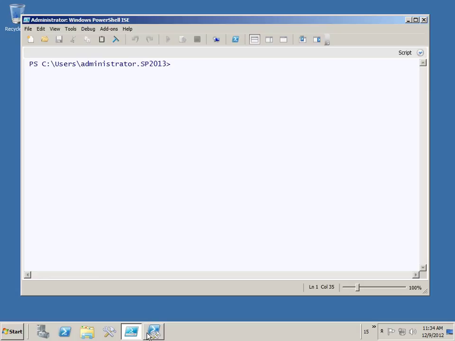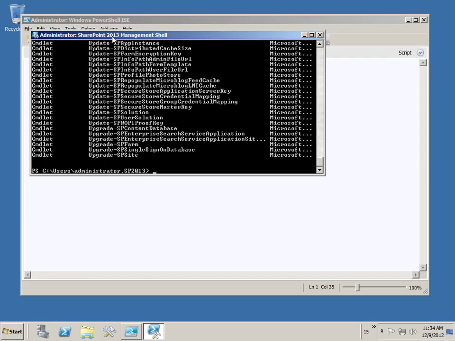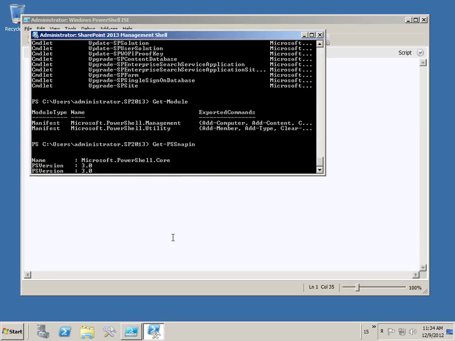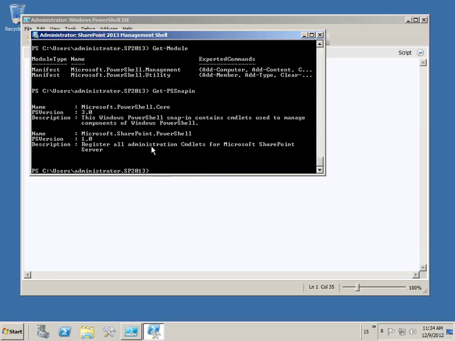So if I come over to my existing window here and I do a Get-Module command to see what I have loaded, I can see that I don't have anything here that says SharePoint on it, and the reason for that is because what I actually have is a snap-in. So this is Get-PSSnapin, and this tells me that I have Microsoft.PowerShell.Core, which I always have, and then I also have Microsoft.SharePoint.PowerShell. So I could